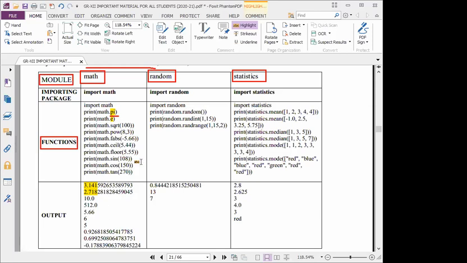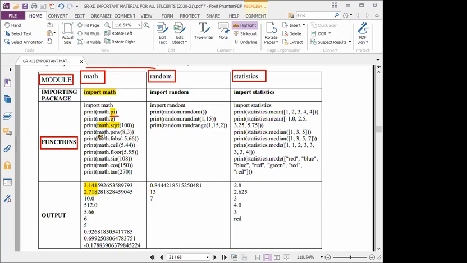Why are we using math dot like this? This is an inbuilt function, so we need to refer to that particular module. For another example, square root is another function present inside the math module, so we should use the math keyword: math dot sqrt. Your program should start with this importing statement, import math.